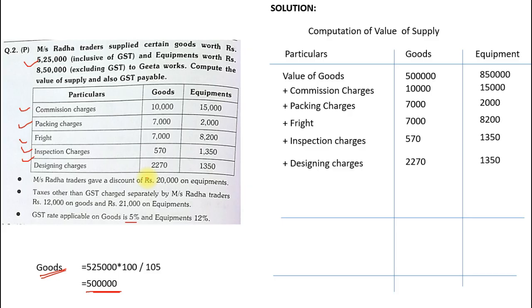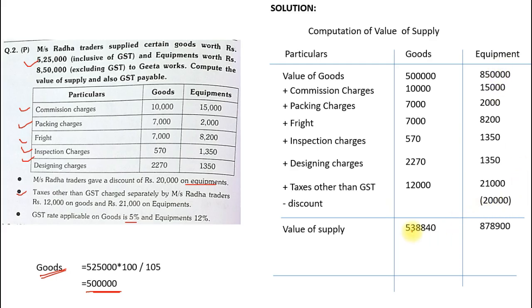We'll go to the next adjustment. Taxes other than GST, yes, that needs to be added, 12,000 and 21,000. All other expenses are added. Now let's minus the discount. Discount was only given on equipment, so less discount 20,000 only in equipment. Now we add up all the values of goods, and for equipment you add up all minus 20,000, that will give you the value of supply. So we get the value as 5 lakh